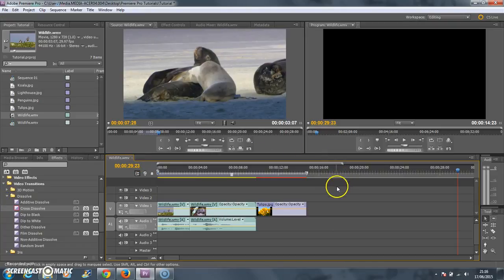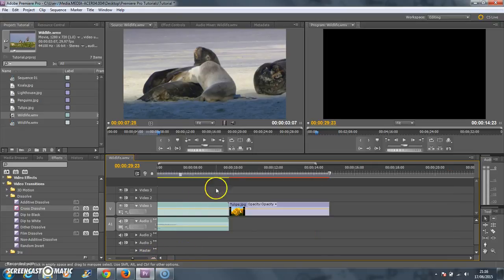So in this tutorial we're going to have a look at how to apply transitions. So here I have two sequences of video and one image, and I'd like a transition in this area here between the first piece of video and the second. So I'm just going to zoom in on the timeline a little, make sure I'm lined up